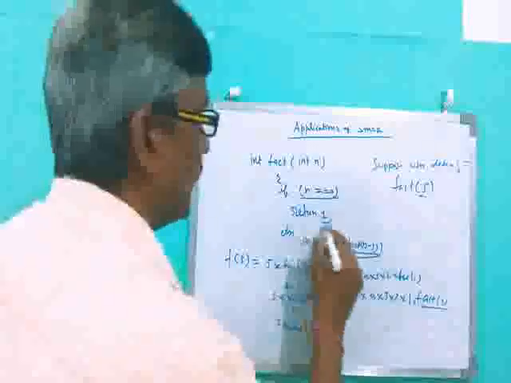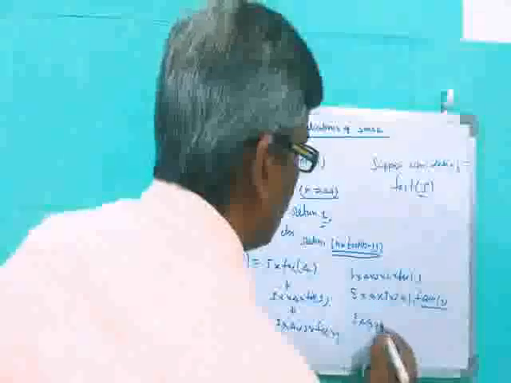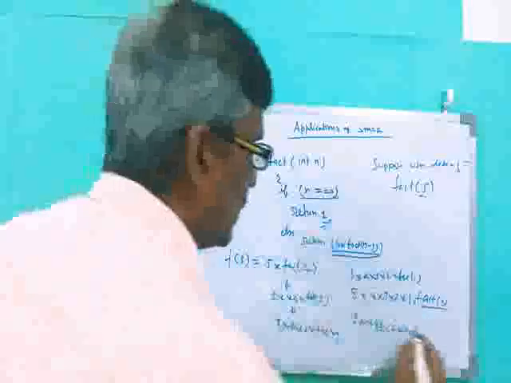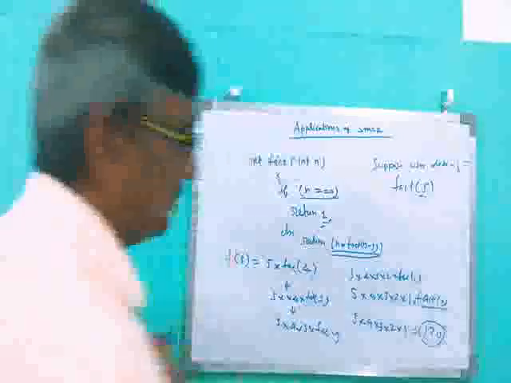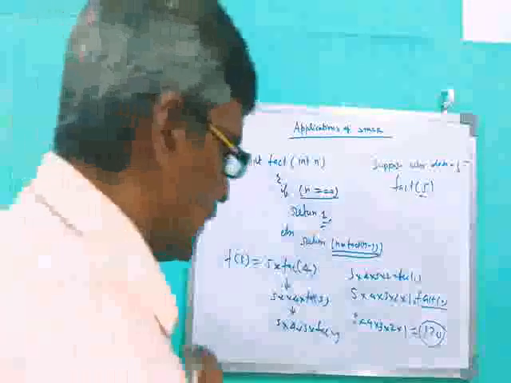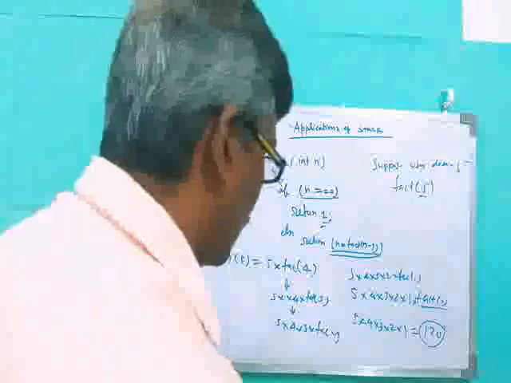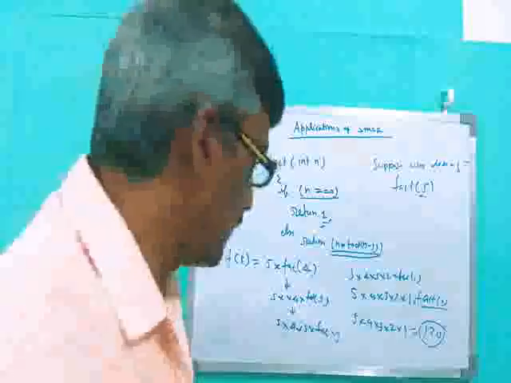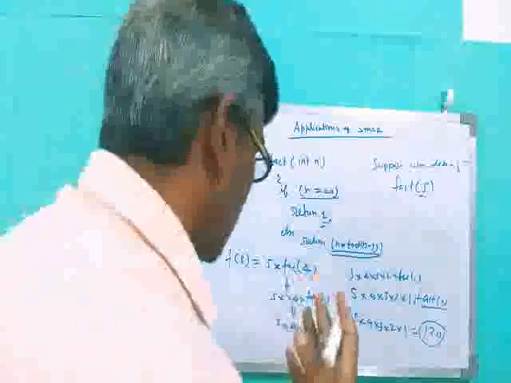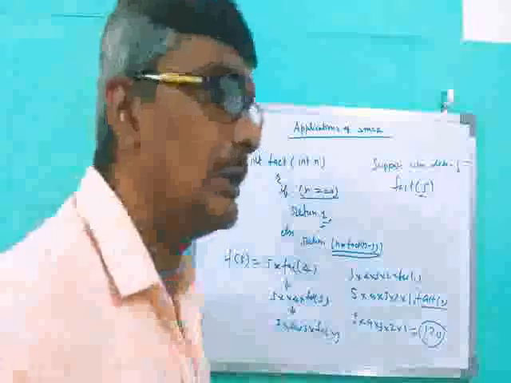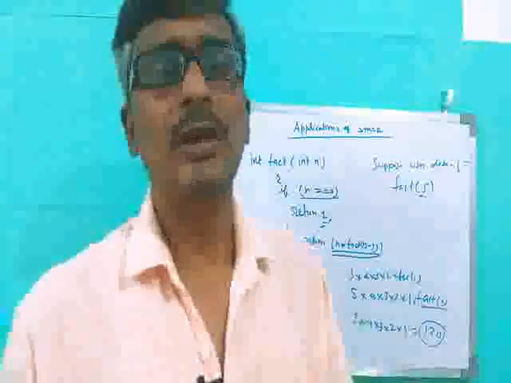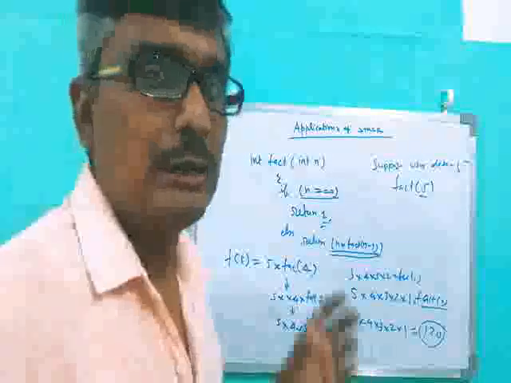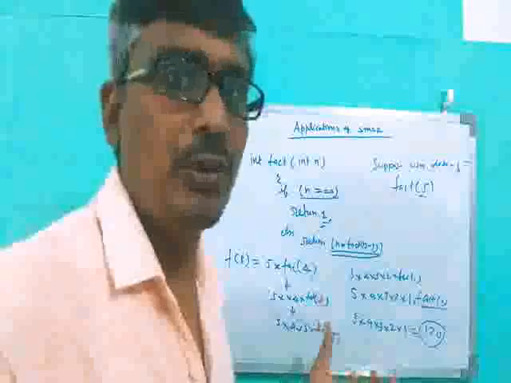Fact 0 returns the value of 1, so 5 times 4 times 3 times 2 times 1. This is the stopping condition. Fact 0 is equal to 1, so this will be the value 120. So this is an example. Now to explain well, let's take another example, which is a question asked in many university examinations, so I think this example is very important.